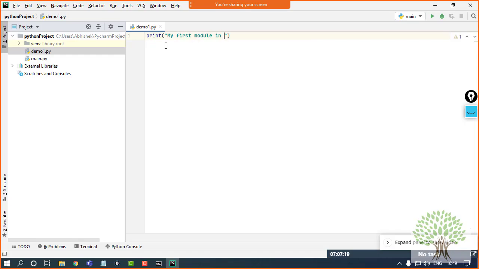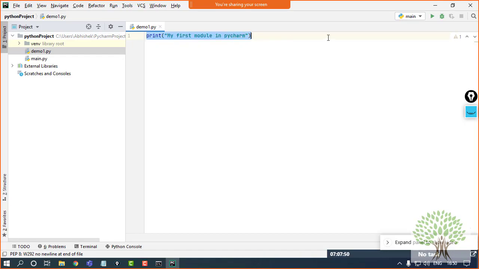module in PyCharm. Now, the term module may be confusing over here. The term module is not anything special. It's just a different word for a Python file. Whichever Python file you are creating, we call it a module over here. So that's why I'm telling you, so you don't get confused about what a module is.